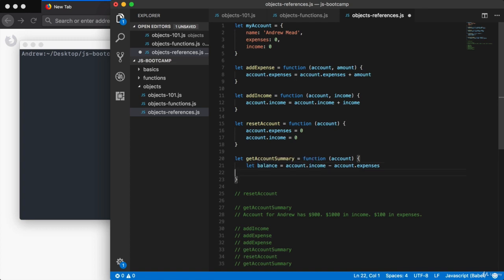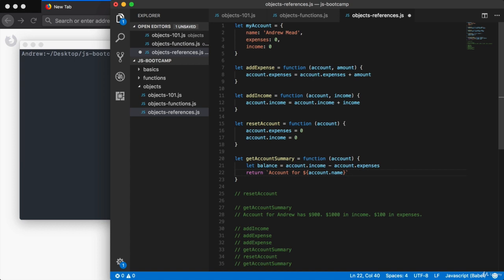Now, the second line is just going to be a return statement where we return a template string. It's fine if maybe you created a template string and stored it in a variable and then returned that variable. Either way gets the job done. Now we can start cranking out the various things for this one. Account for, followed by the account holder's name. That would be inside of curly braces,